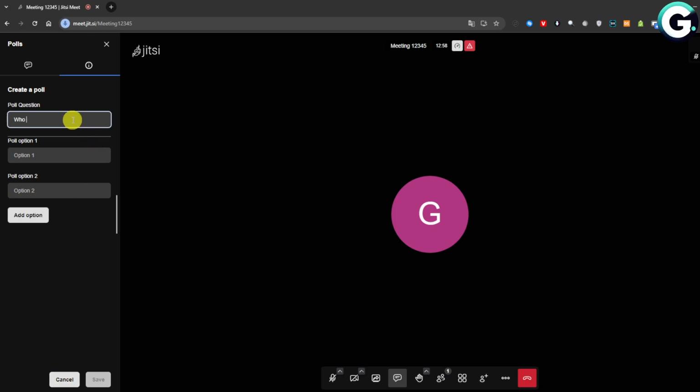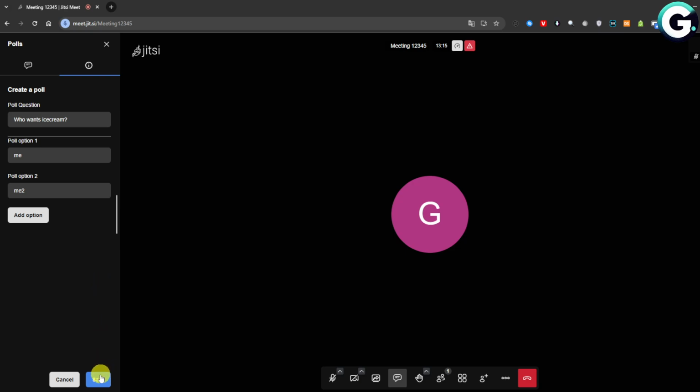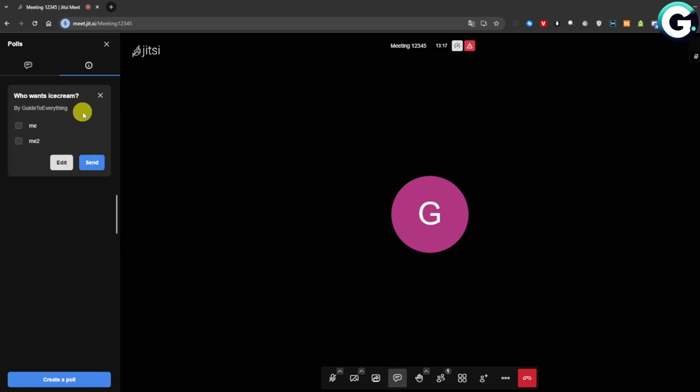Let's say who wants ice cream, and I will add the options. Okay, so me too. And I will add an option. You'll be able to add an option or just remove it, and you'll be able to just click save